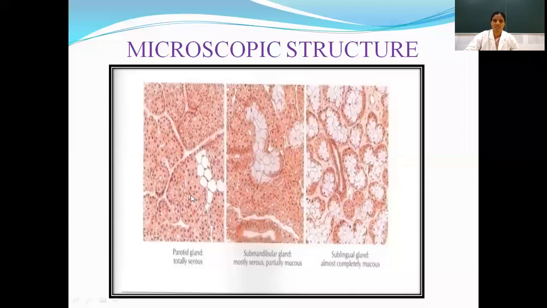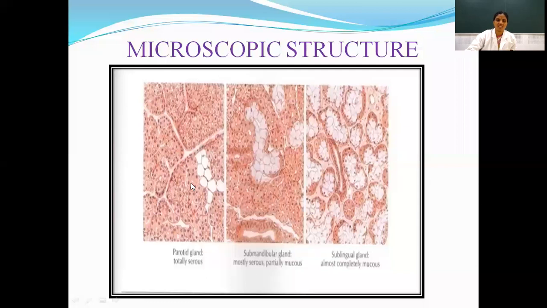Then what is this gland? This is an exocrine gland, and it is already completed in histology. It is a compound tubulo-alveolar type of gland. The secretory units are purely serous in nature. You can see in the picture at least one serous acinus. Each serous acinus is made up of pyramidal shaped cells with a rounded nucleus.